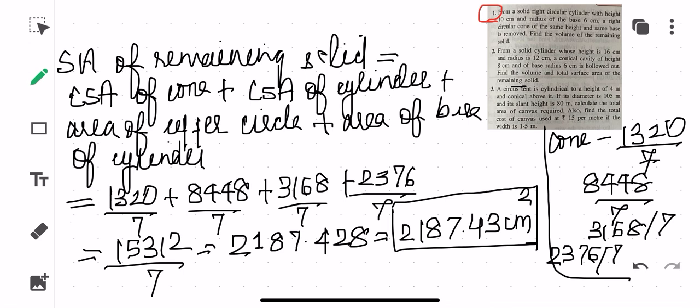So this question was a lengthy one, children. Here we found out each thing separately, because finding out the volume is an easy one, but for the same question, if you want to find out the surface area, that is going to be a tough one. Alright, so this is the way this particular sum had to be done.